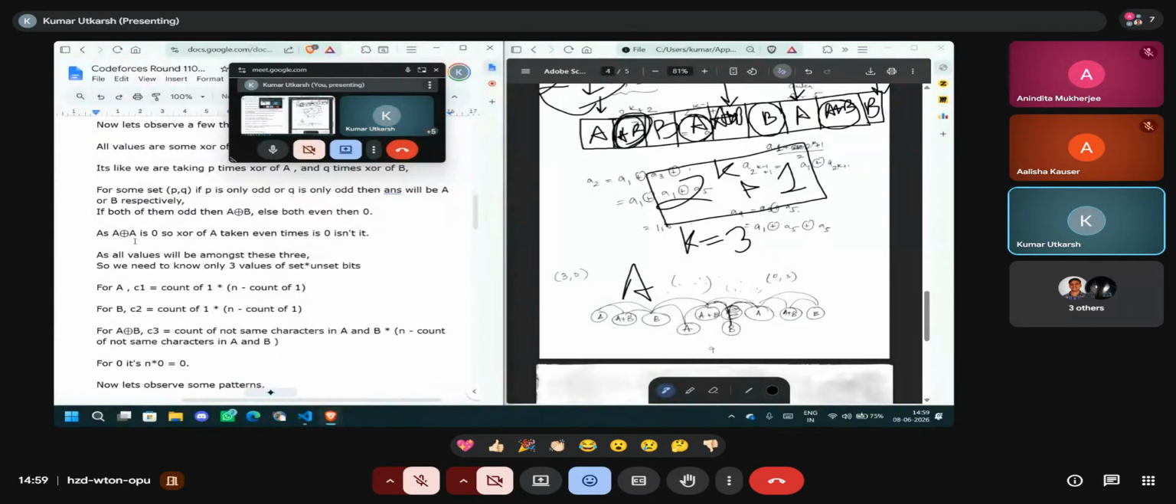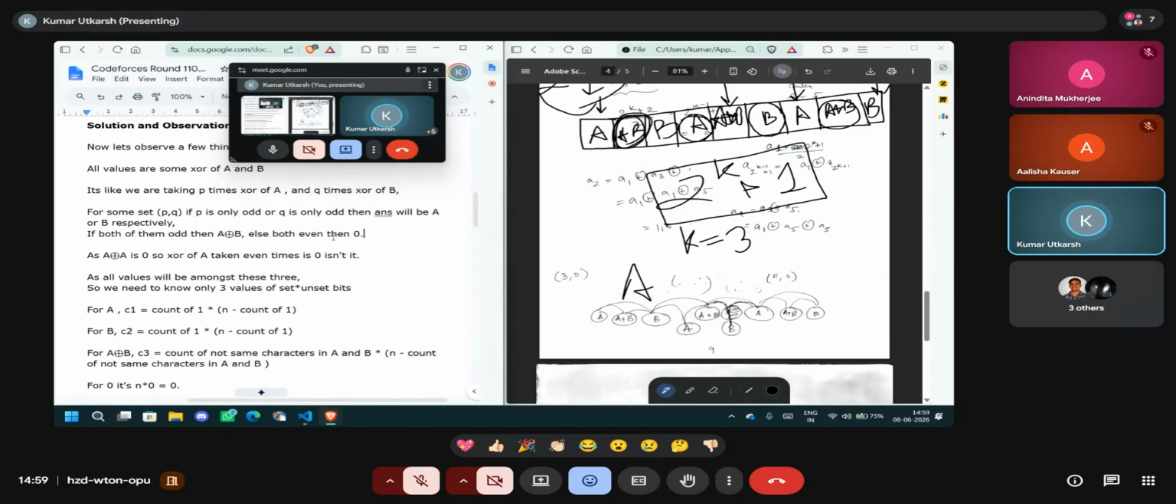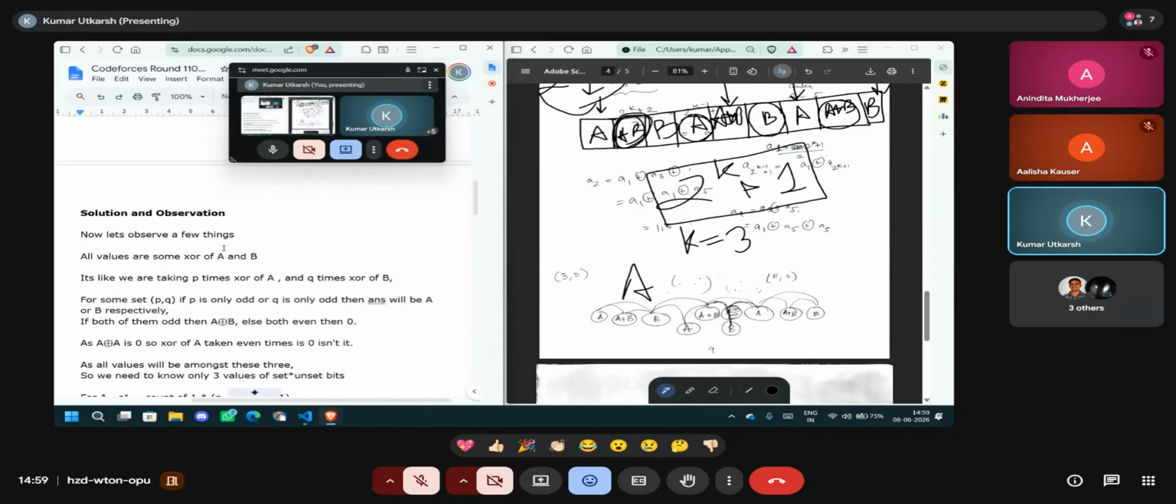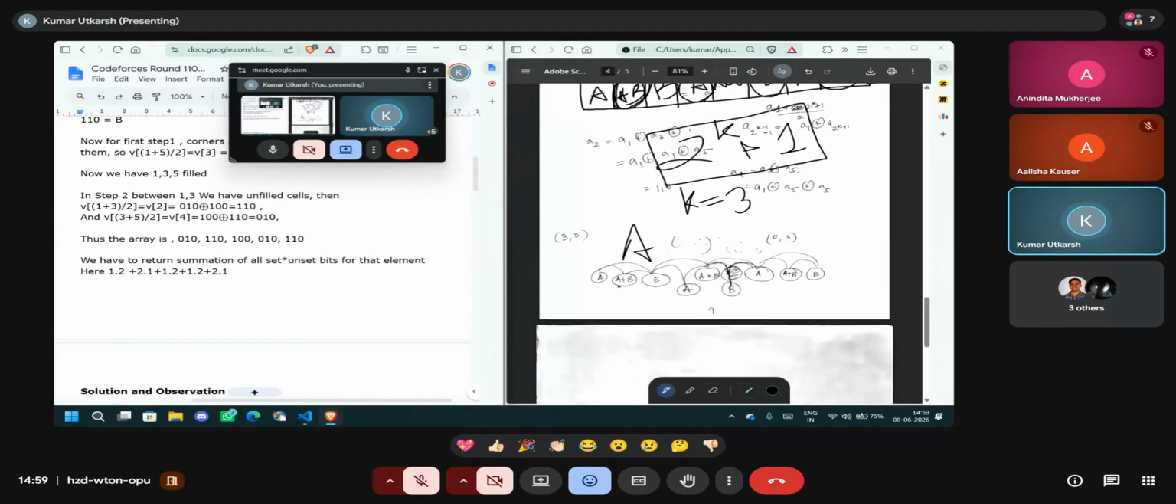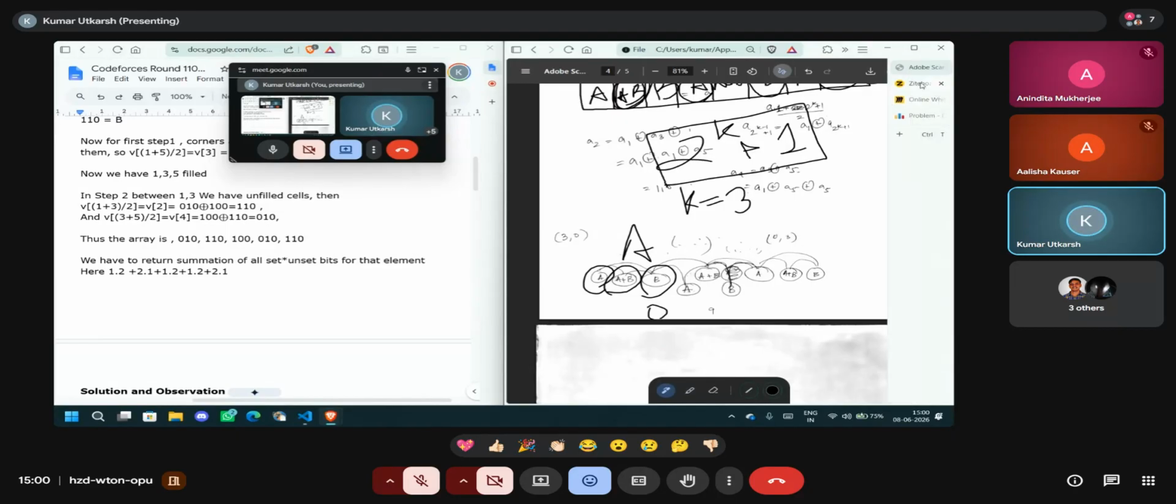And if any one of them is 0, then also the XOR will be 0. And if both of them are odd, then also it will be odd. I guess you understand that we only have 4 possible cases: A, B, A XOR B, and 0. Right? What we have been given in the question to return,